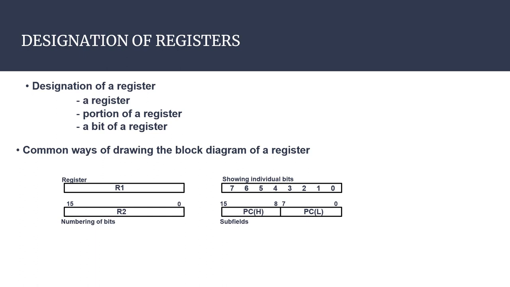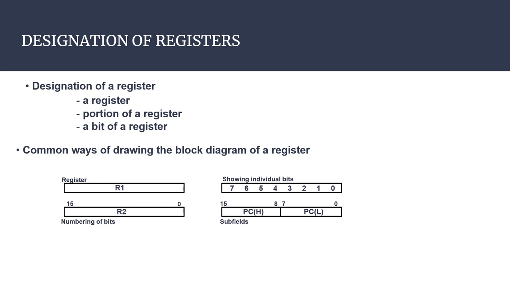Similarly, if we want to represent a portion of the bits of a particular register, it is called a subfield of the register. If we want to represent exactly half the number of bits of a register, then we can use a small bracket, and within it we can use H for high level bits and L for low level bits. So if our register name is PC, then with this PC we can include H in the bracket,